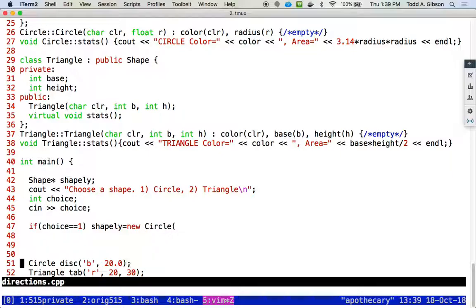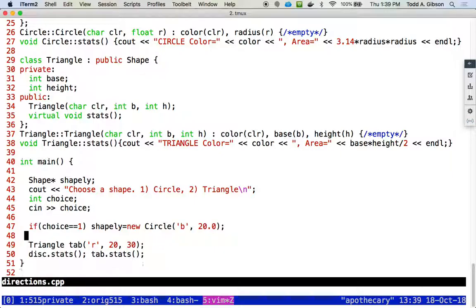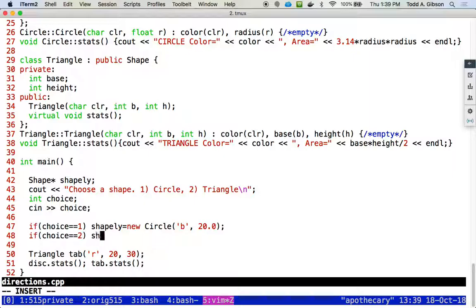I'm going to remove these lines down here. If choice equals 2, shapely equals new triangle with an R and a 20 and a 30. And now